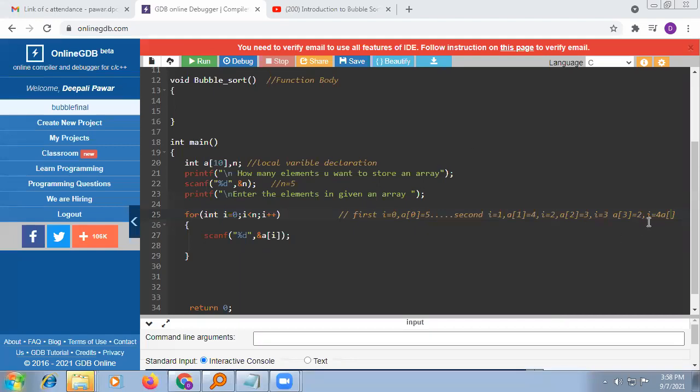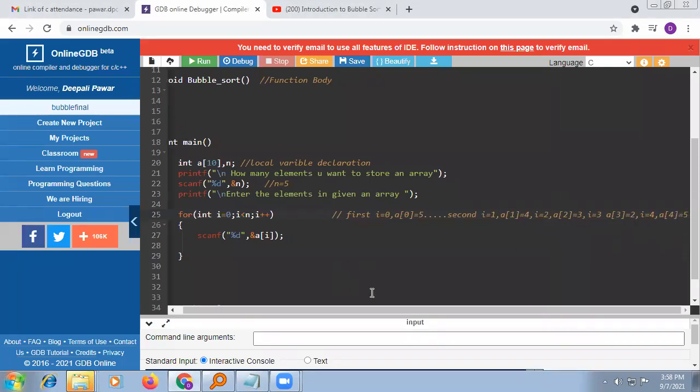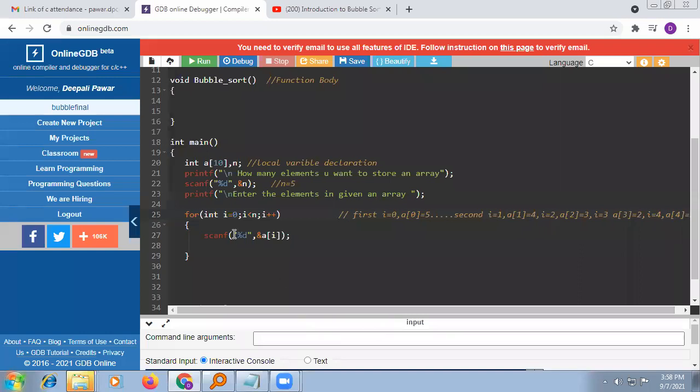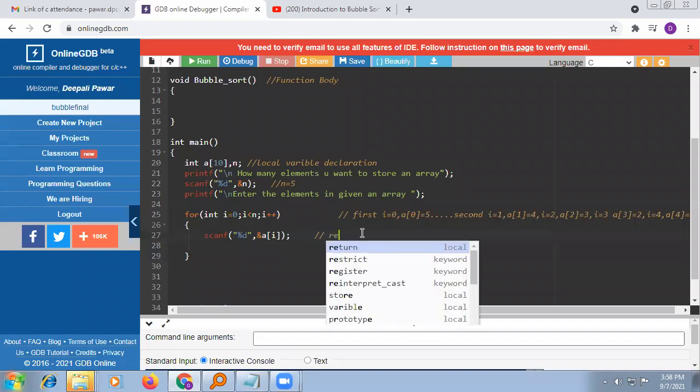Okay, fine. So what is the value of A of 4? I am inserting the value A of 4 equal to 5. Now this point is clear to you all. Means we are scanning these values. Fine. Total, how many elements did I insert? Total 5 elements I am going to store. Means the comment here: we are reading the element